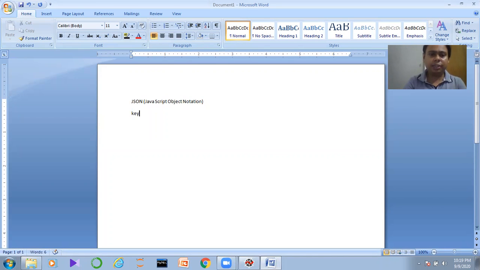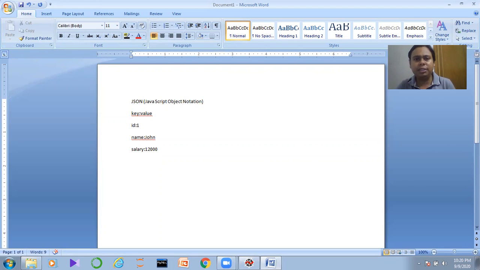JSON data is basically data based on the key and value pair. So in the case of JSON, we have a combination like this, key and value. Suppose I am writing id colon 1. I can write here name, suppose the name is John. Here I am writing salary, suppose he is getting the salary 12,000. So this is basically the data pattern of JSON. Now this type of data pattern we keep inside the dictionary object.